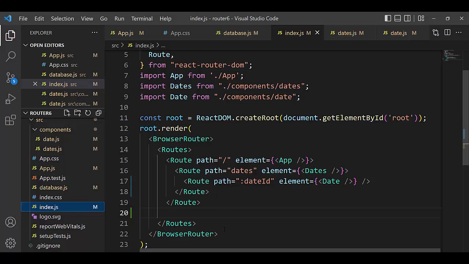Here is self-closed, and the React element are objects. It is concretely an object with properties. Root has a property path, and that property is date ID. It is the variable date ID, and it goes into date,